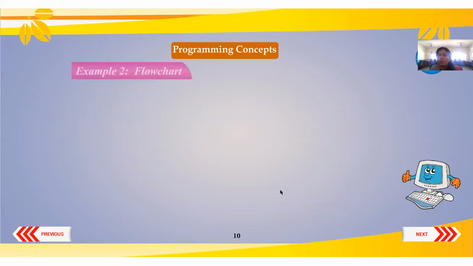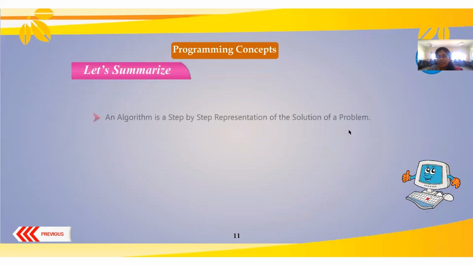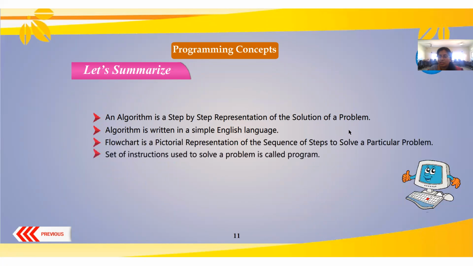This is how we put across the algorithms and the flowcharts. Finally, let us just summarize what all we have learned until now. An algorithm is a step-by-step representation of a solution of a problem. An algorithm is written in simple English language, and it is always written step-by-step neatly. Each algorithm or flowchart should have a start and a stop. And every step of an algorithm should be numbered, and it should have clear instructions in each step.